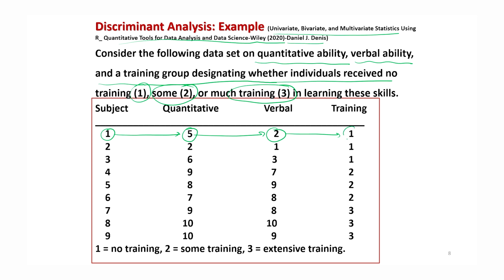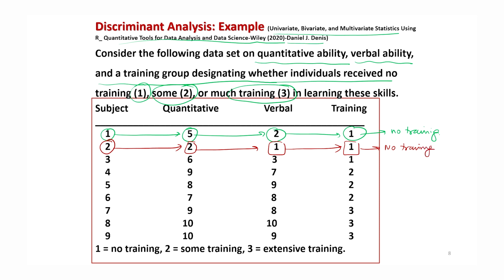Here it is group number 1, which means no training. Similarly, for observation number 2, the second subject, the quantitative score is 2, the verbal score is 1, and again the person is classified into group number 1, no training.